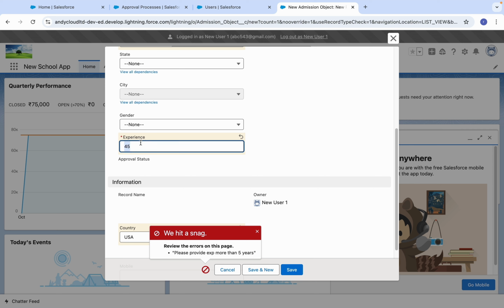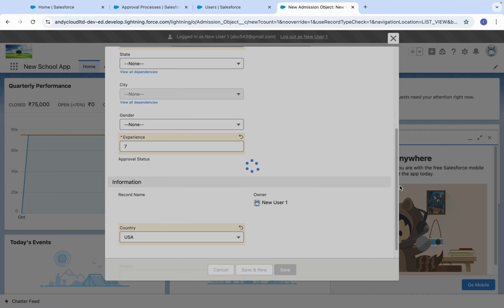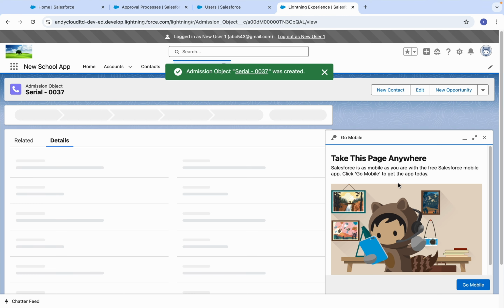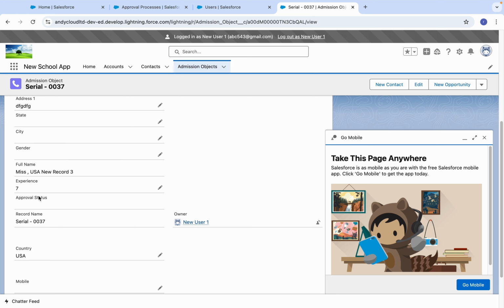Okay, 5. There is a validation rule in this field that we created in the previous session. Save. Okay, so now this field is blank.